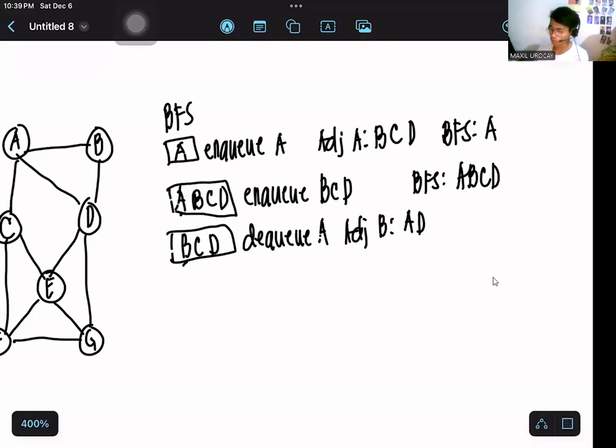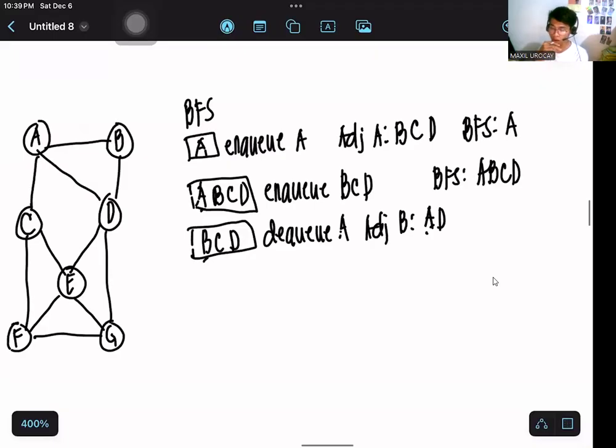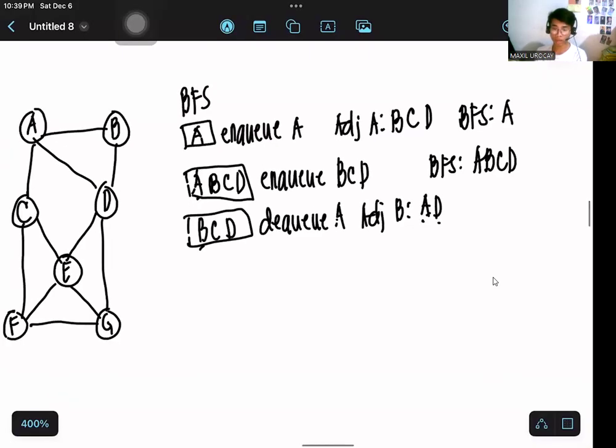So A has been visited, that was already in your BFS, so we will not visit that again. D has also been inserted into your BFS, or it has been visited, so we cannot do anything right now at this particular stage. Since you cannot do anything, you just have to dequeue in order for us to search as well for